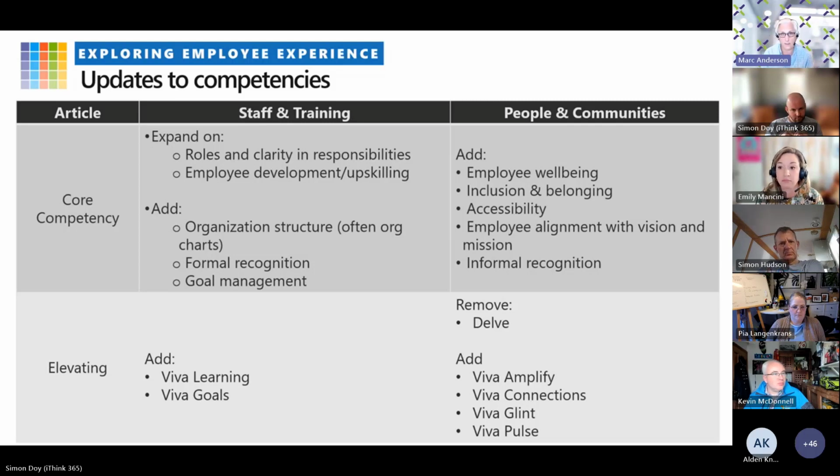We still need to communicate. We still need to give people career paths. We still need to make sure people know what they need to know to be successful. And to me, that makes me feel good, especially since you've just gone through these articles again, because it means that our competency articles still are meaningful, even though a lot of the landscape has moved.